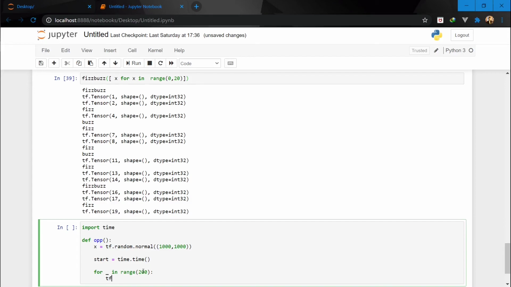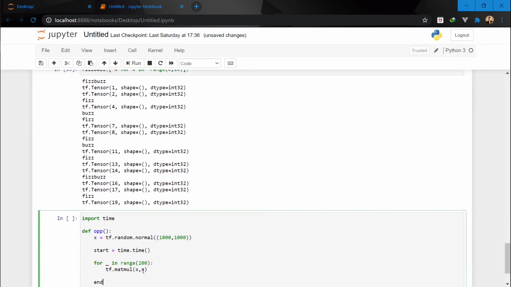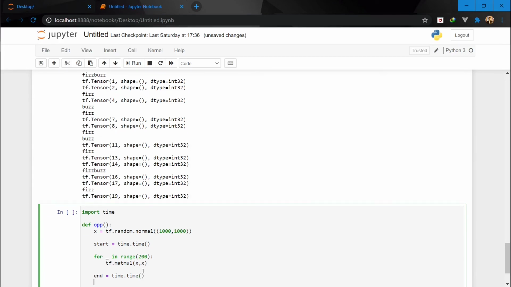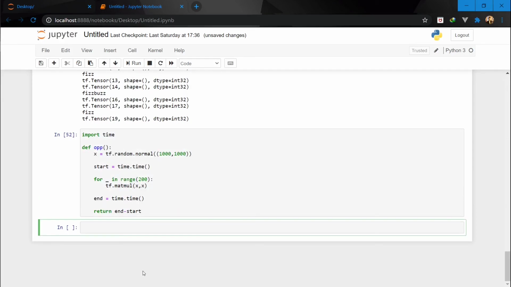So I'm going to say tf.matmul, and inside there I'm going to pass my normal distribution matrix, x comma x. After that I'm going to store the ending time, time.time, and then I'm going to return the time it took to execute that code, so end time minus the starting time. Okay, so now if I run this,